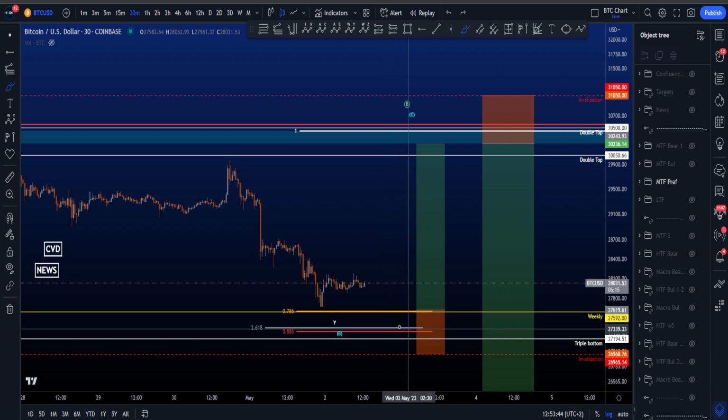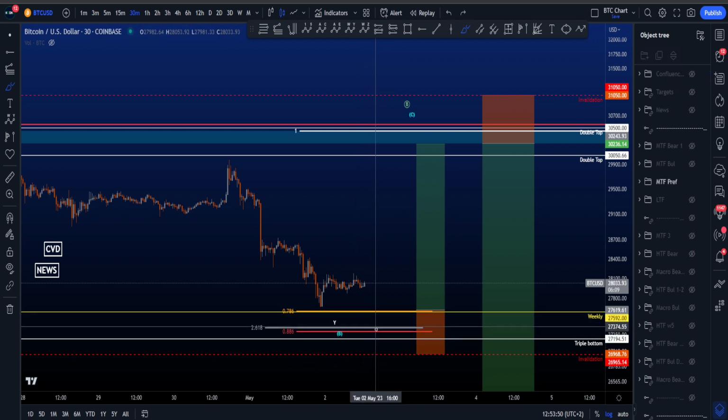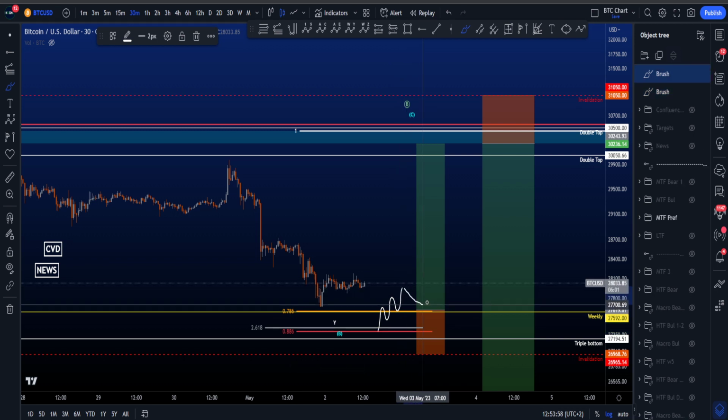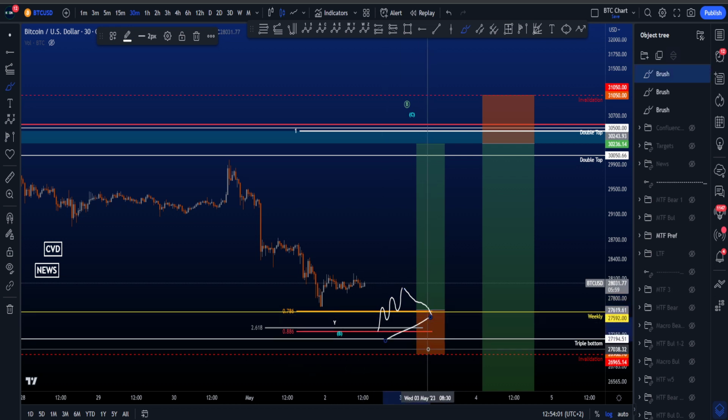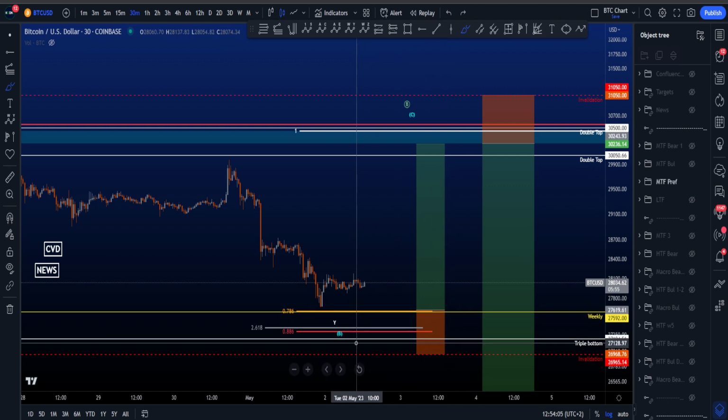But a safer option is to wait and see what price is going to do in this area over here. Be patient, be disciplined, follow your own plan and strategy. Maybe look for a bit of support or a structure to the upside that proves to you, for whatever your plan is, that we have some support. Maybe a bit of a move to the downside, some bullish divergences on the CVD for then a potential entry to the upside. That could be interesting, but first of course price has to move to the downside,